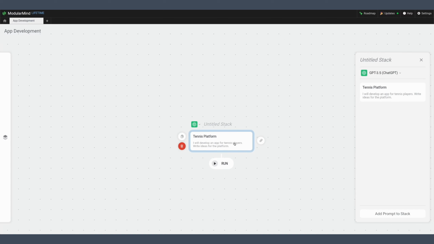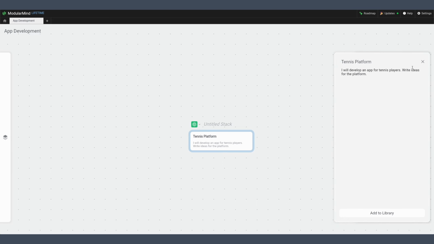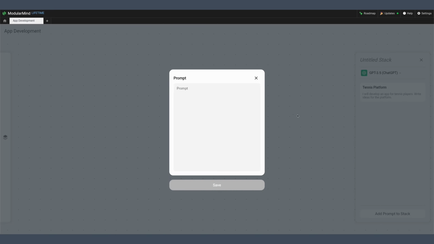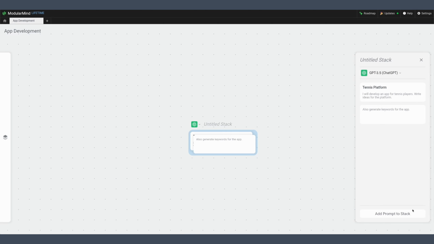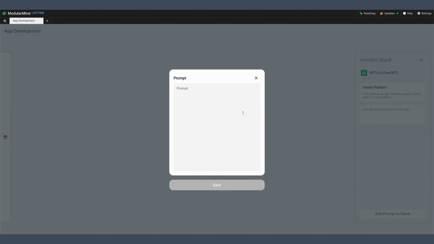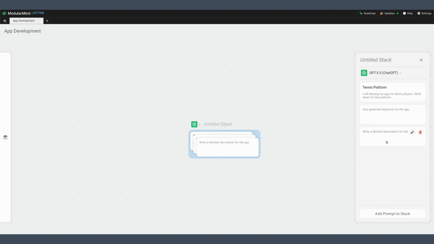Let's click on the stack to reveal its details. Now, simply by clicking the button at the bottom of the stack details, we can quickly add more prompts to the stack. This way, you can organize prompts in a modular way and easily reorder them by dragging and dropping, or replace